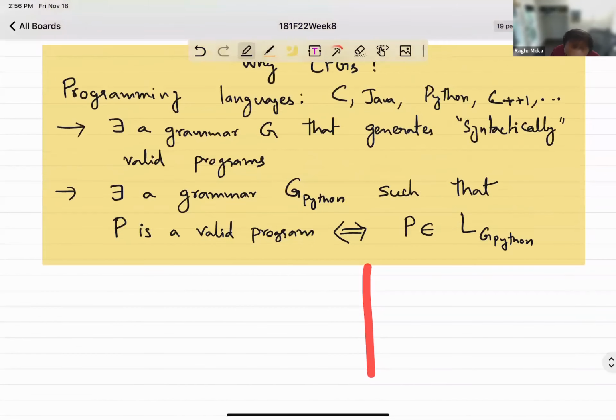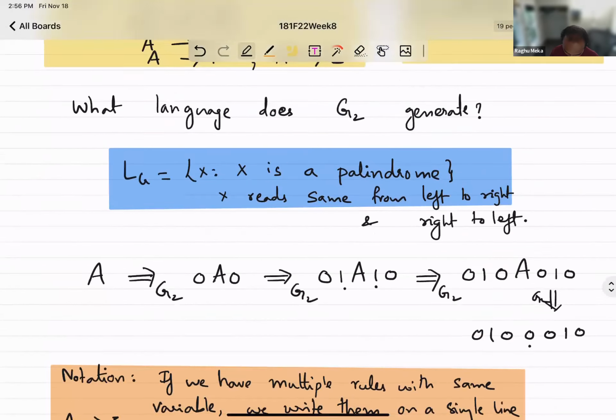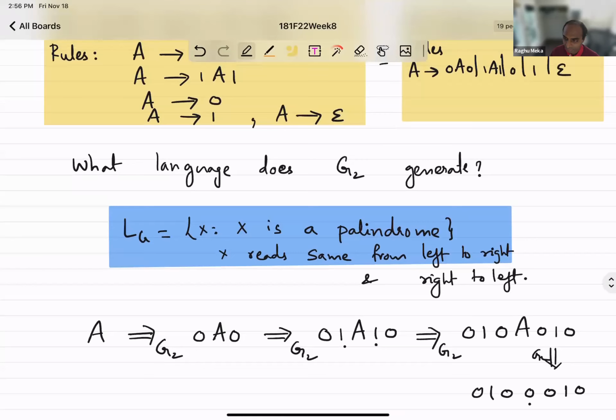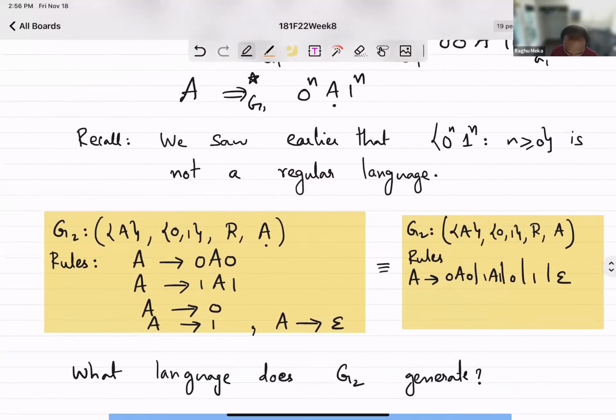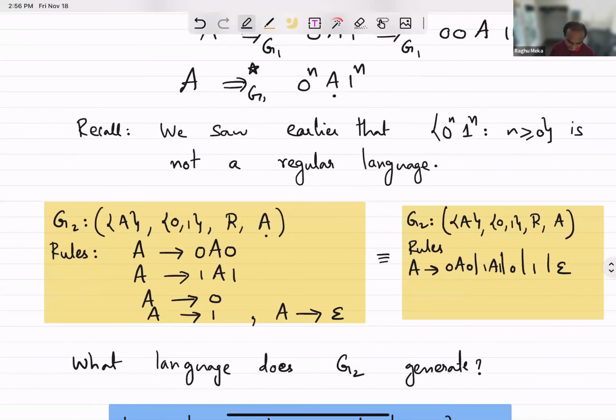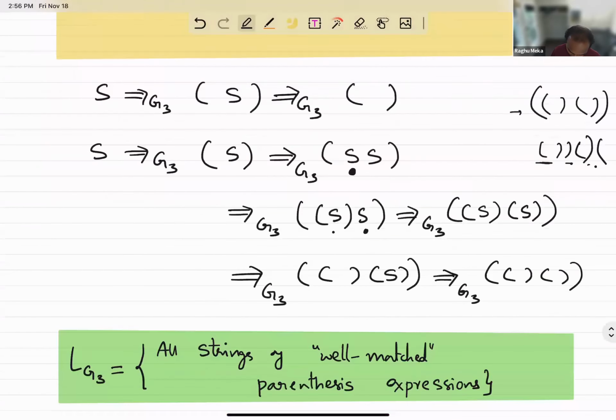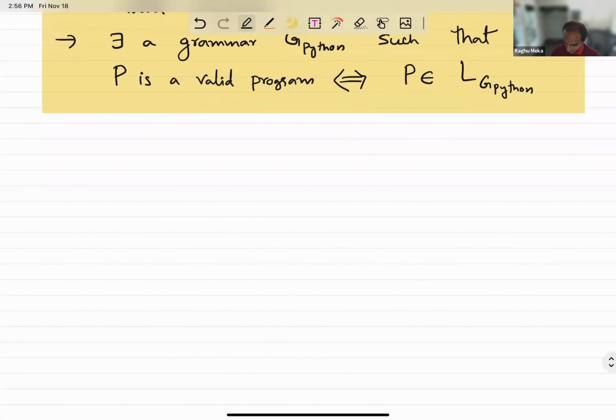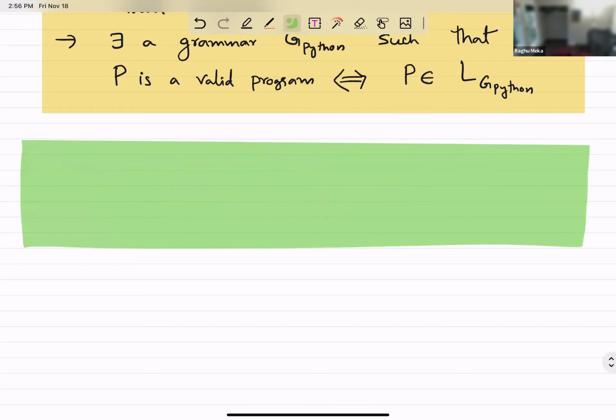In some sense, we do think context-free grammars are maybe more powerful than DFAs, because they are already able to generate things which DFAs could not: palindromes, 0 to the n, 1 to the n. We saw that they were not regular languages, but they are context-free. And this kind of leads to one of the questions that I just got asked. It wasn't a planted question, but we'll see that